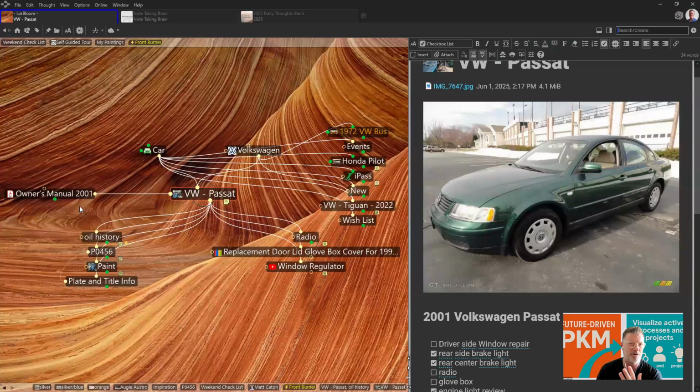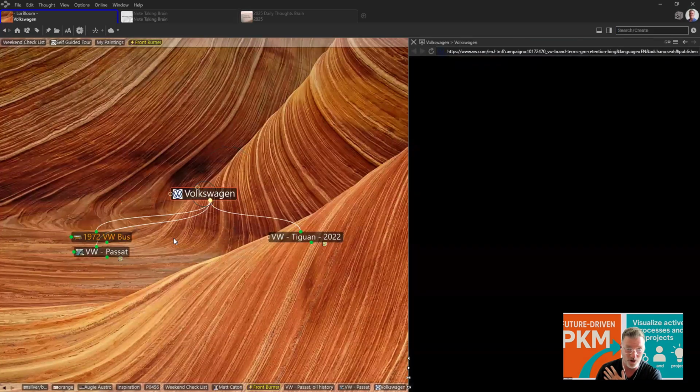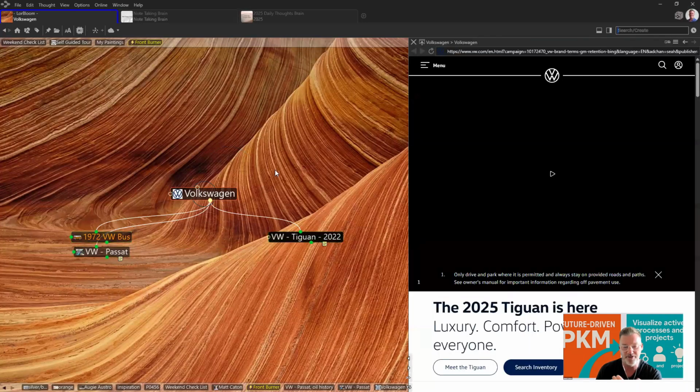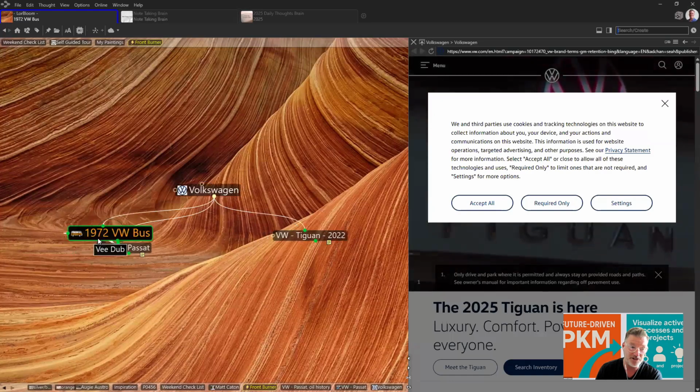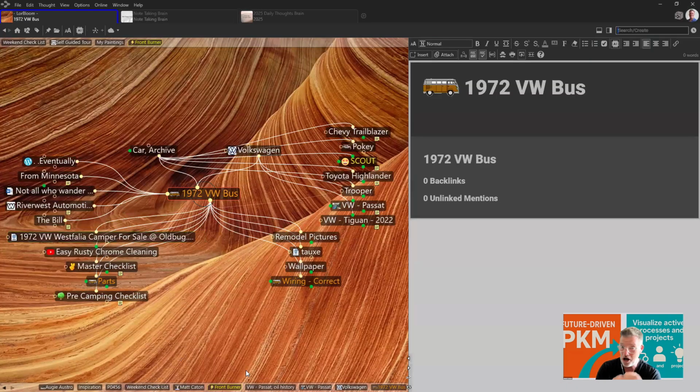Web pages, if I were to store those in my browser bookmarks and favorites, how do I link to that web page the password to log in or the car that it's associated with? Maybe it's associated with more than one car. You can see that I work on more than one Volkswagen. My wife has a Volkswagen, and there it's loading up the Volkswagen page. And we've also in the past fixed up an old 72 VW bus. So here you can see all the components.